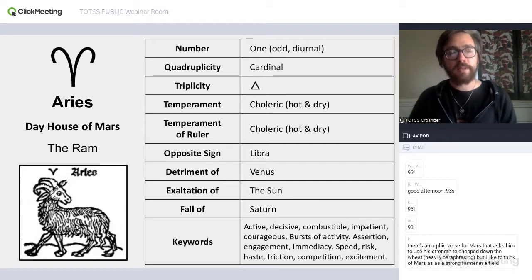But when a planet is exalted, they're in someone else's house, but they do very well there, and they're an honored guest there. And at least in some of the cases, we'll see that sometimes the exaltations actually help to balance out some of the natural difficulties of that sign. And we'll see that clearly when we get to the next sign.